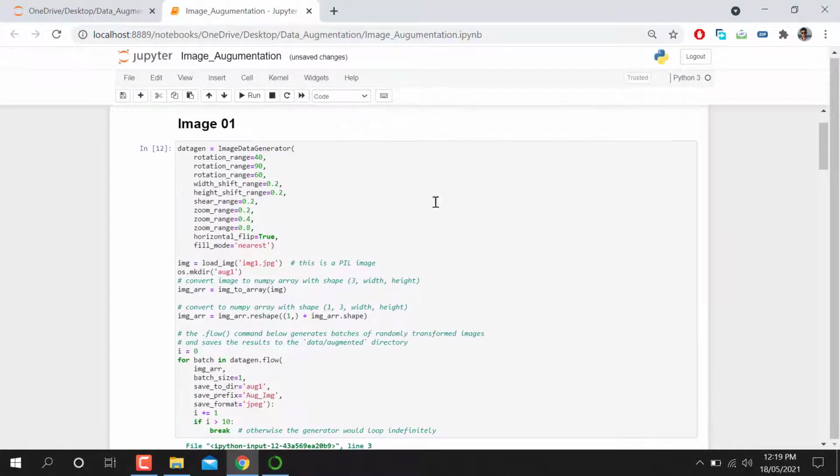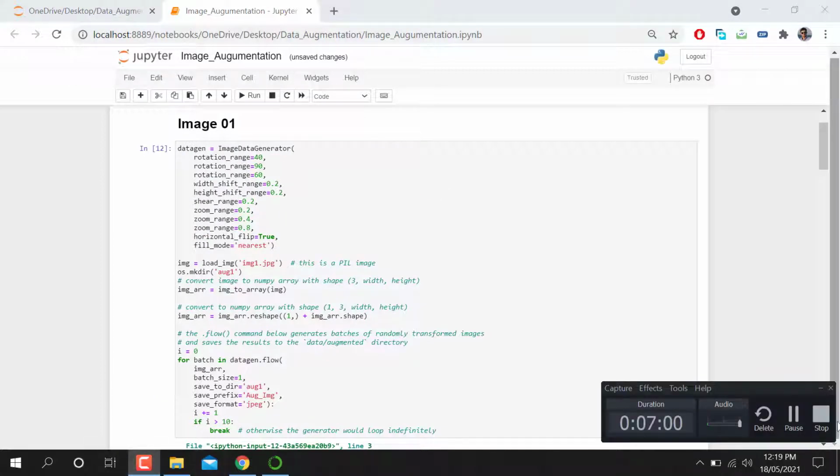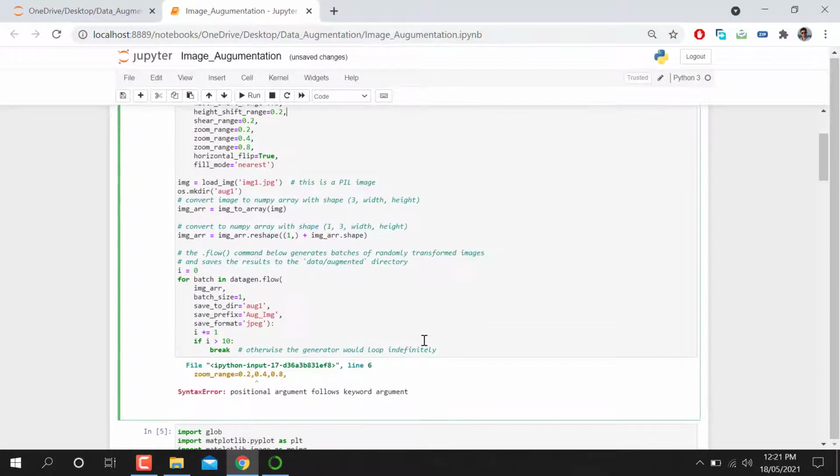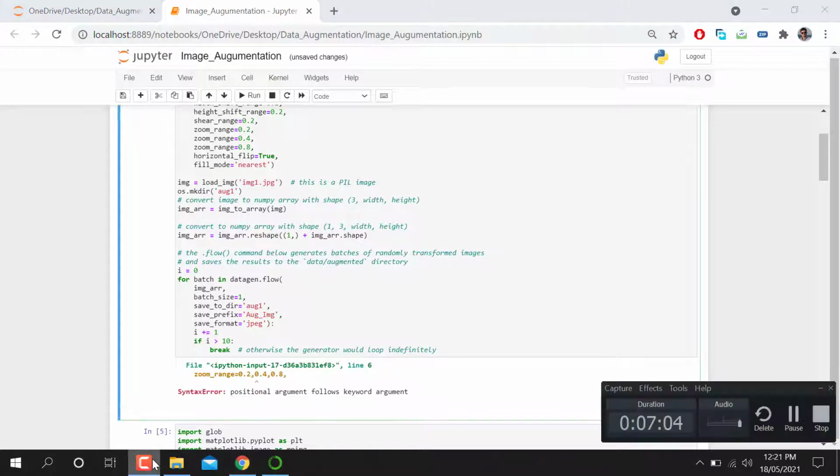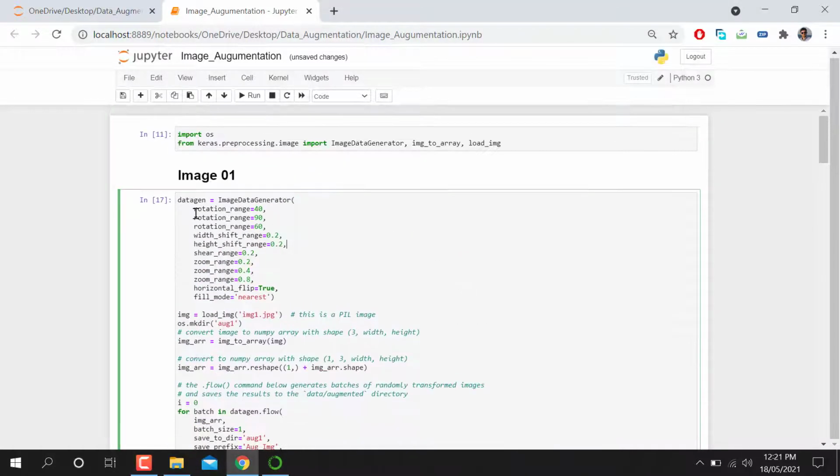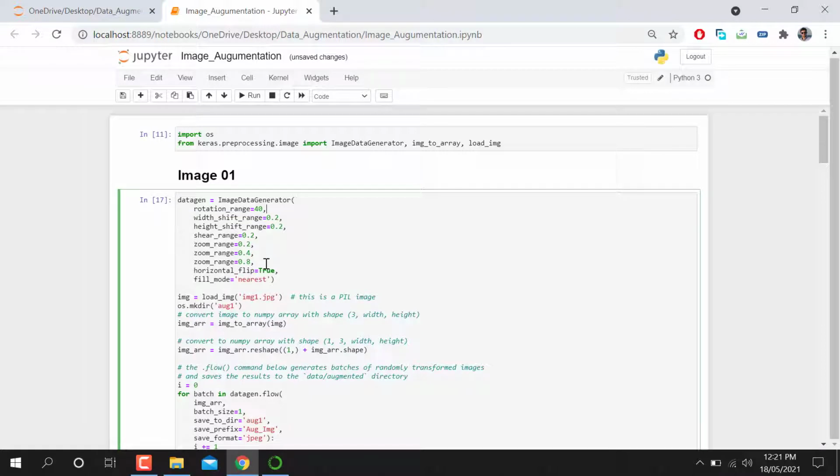So it shows me an error, let me check it. One thing I also learned from here is that we cannot use this rotation scale equal to 90 multiple times. We only use it one time, so we cannot use this function multiple times.